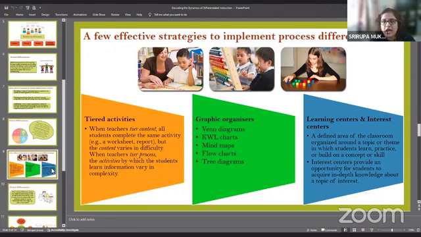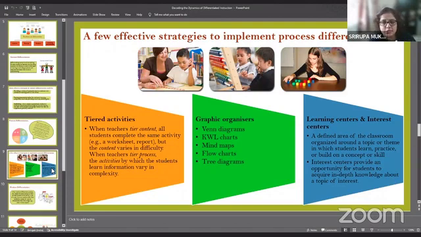Say, for example, we can have a small book corner in the classroom itself. So it's not necessary that each and every student actually has to read all the books which are there. But what I am doing is I am giving them the option of reading those books. So maybe if somebody has already grasped a particular concept or has understood what has been done in the class already, but wants to know more, so I can always provide that person with the option of having more resources, or maybe reading through more books, or it could be anything.